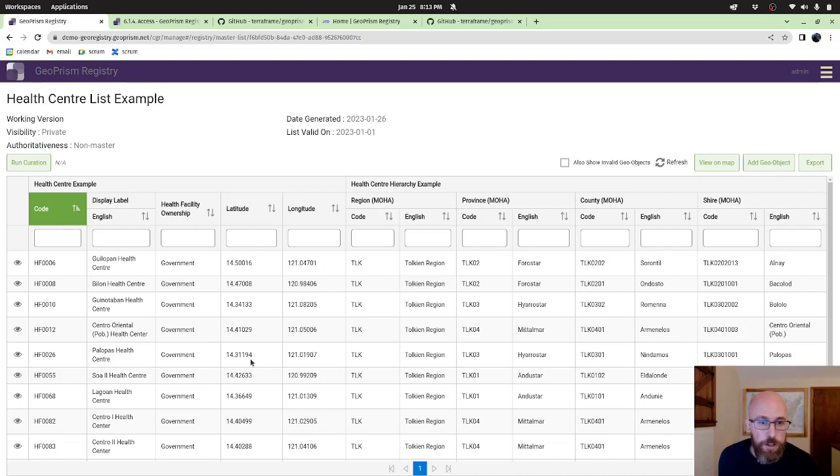Looking at the data closer, we can see our lat-long columns. We can see our health facility ownership custom attribute that we created. And we can see the hierarchy data that we also selected on the configuration of this list. This data is filterable, so if I wanted to filter by the province